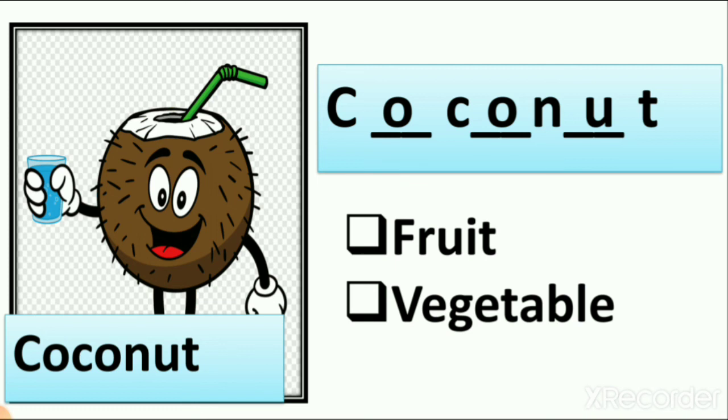So coconut we get from the plant and it is a fruit of the plant because, as we know, we get water from coconut. We also eat dry coconut. We also use coconut in our sweet dishes and we also get green coconut which gives us water. So coconut is a fruit of the plant and we get so many things from coconut.